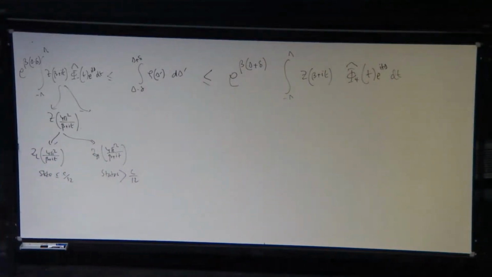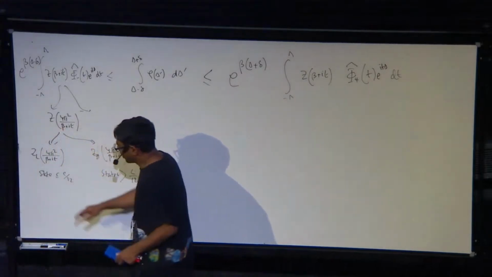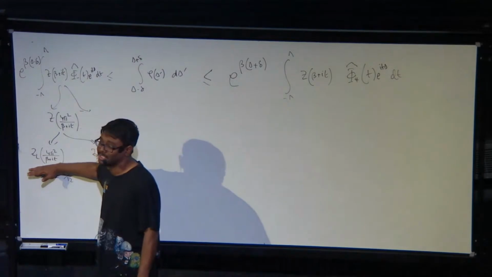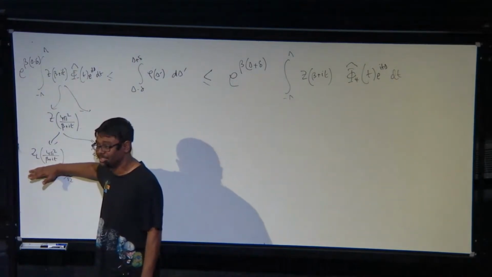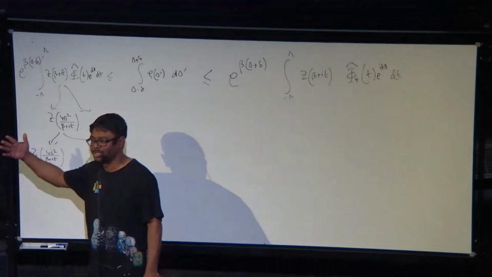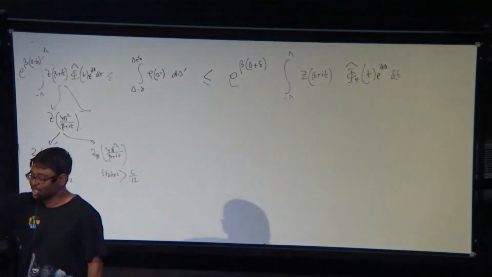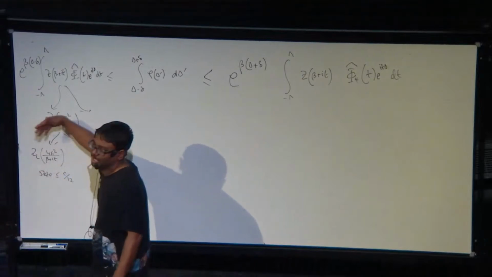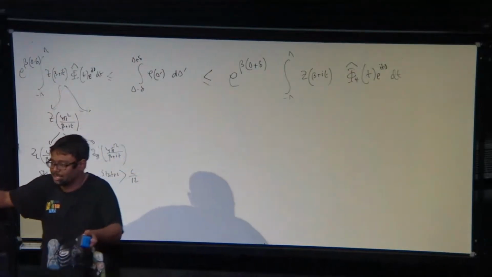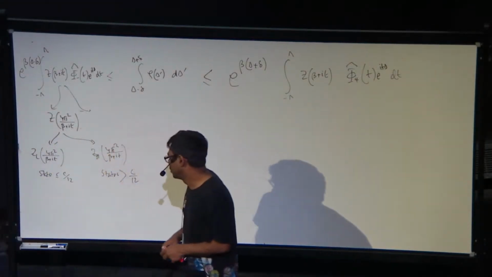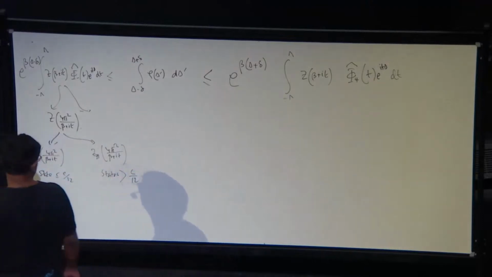Yes, this c minus 1 over 12? Oh, yeah, that's a good question. So if you look at this function, the real part of the function has a different behavior as a function of t when you are below c/12 or above c/12, because the factor goes like delta minus c/12. So basically when you estimate, you need to estimate the two things separately. That's where this c/12 comes from. Okay, good.